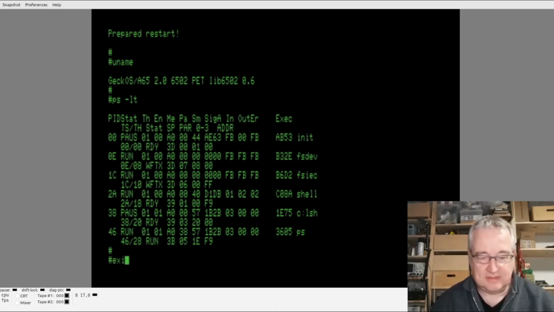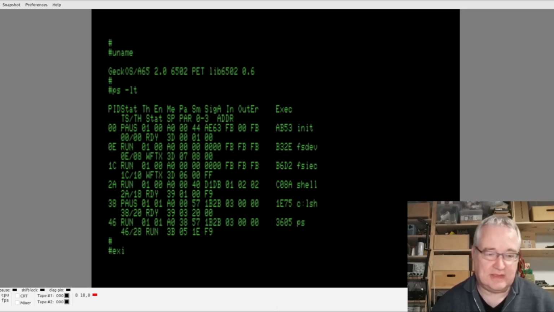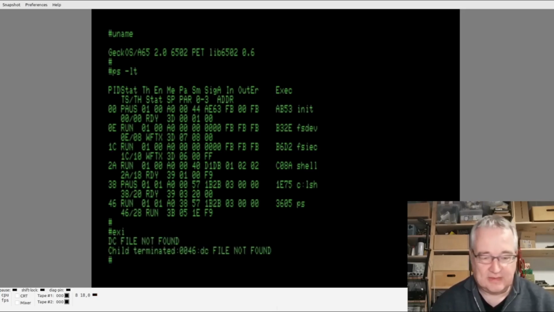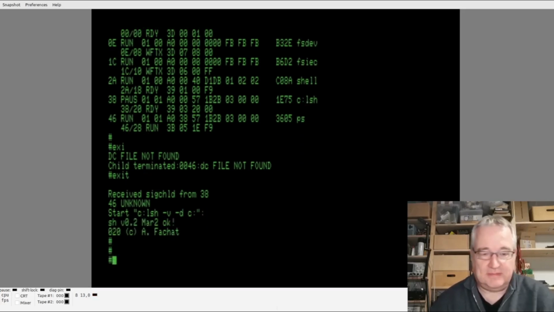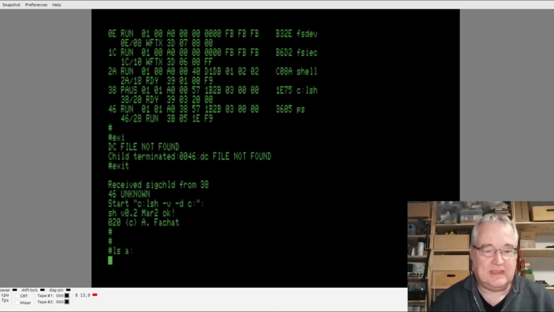And when the child dies, like, okay, this is a typo, so it will not find the command. But if a child dies, like the shell, it automatically starts the shell again, because the shell has been started with restart configuration within it. Then we have the file systems, fsdev, fsiec for the devices, and IEEE 488 disk drives. And we can see that if we go to ls